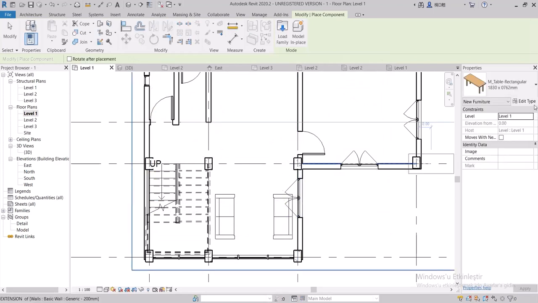You can adjust the size of the furnishing elements from Edit Type when necessary.